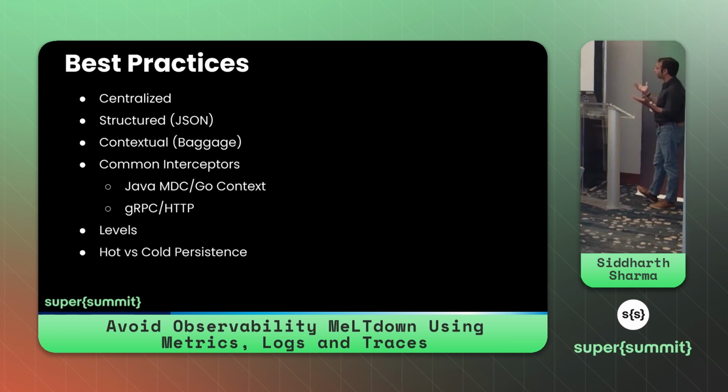Then comes level, right? I'm pretty sure you are all aware that when it comes to logs, you have got different levels, like error, warn, info, and debug. So depending on your use case, you should try to ensure that you are not spreading out logs which do not make sense. If you see logs at info level which do not make sense, ideally they could have been suppressed into debug level.